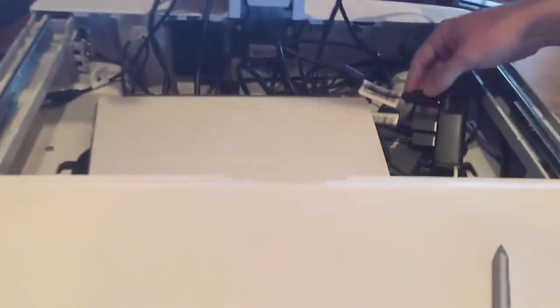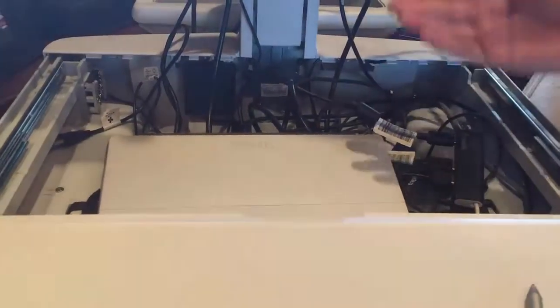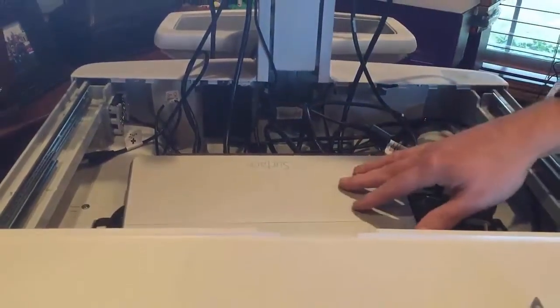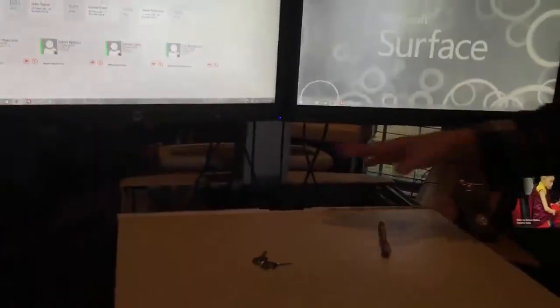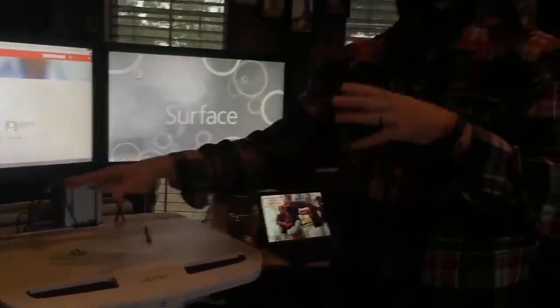As you notice here, I've got a USB hub for the monitors that are touch enabled to connect to the Surface, which I'm sharing on both touch enabled screens here, and then a mini DisplayPort hub that connects via DisplayPort to the screens as well. But the Surface Pro itself can obviously be out in the open, and you can use it and interact with the screens,